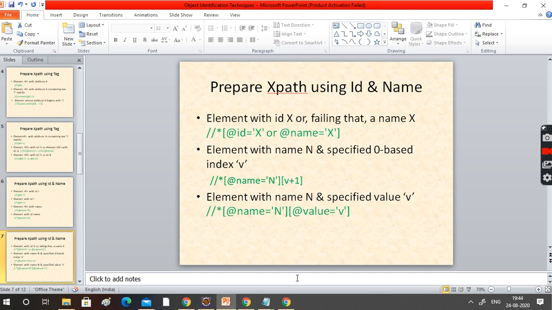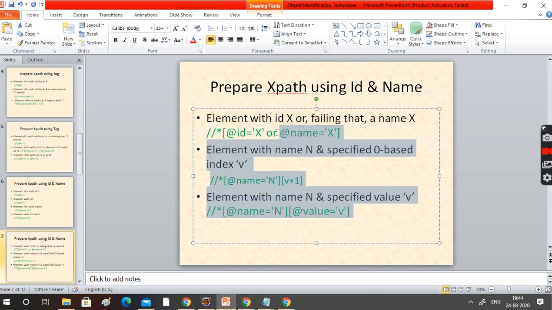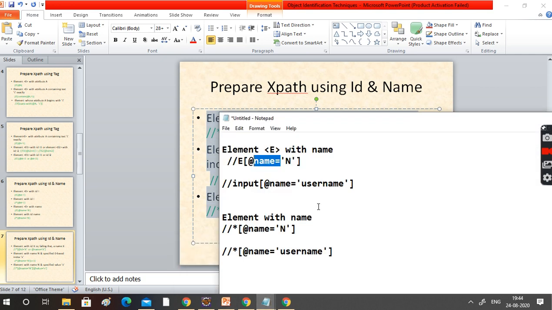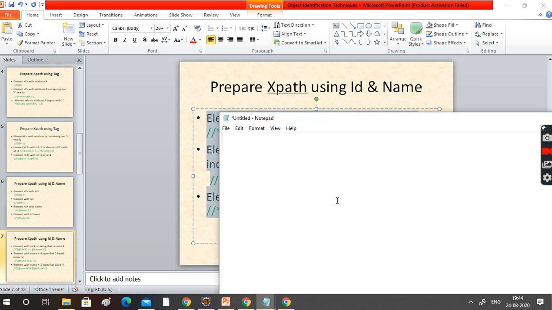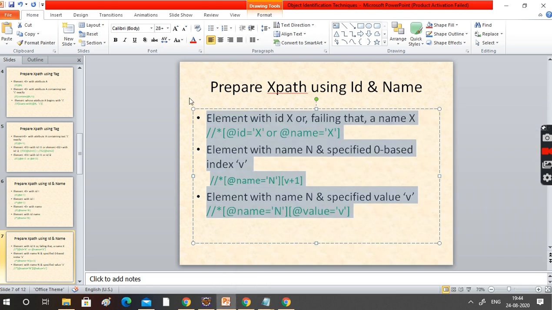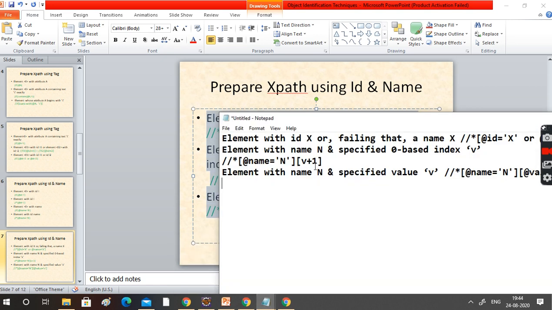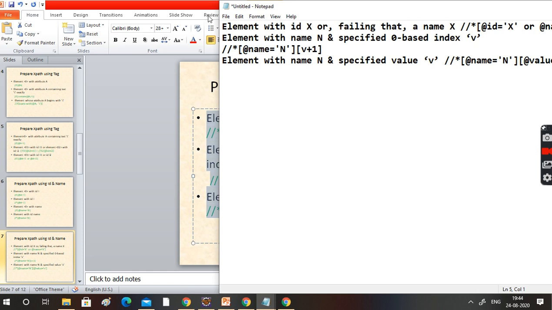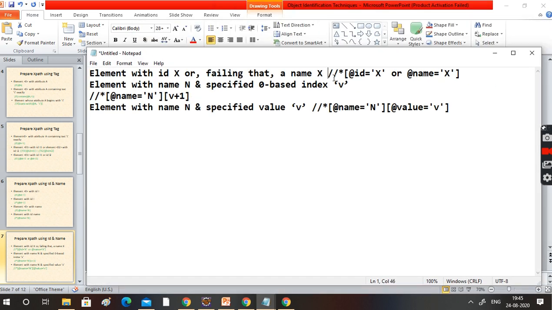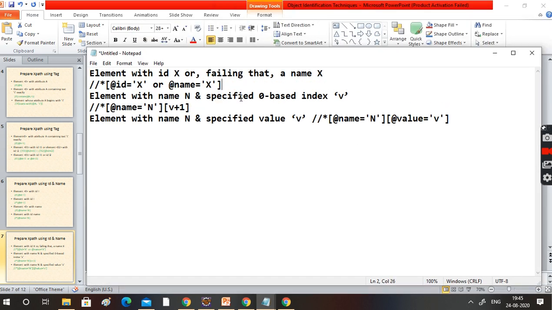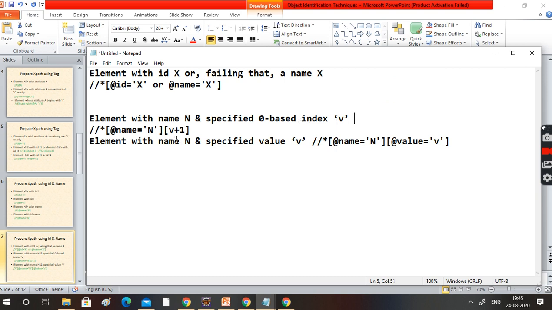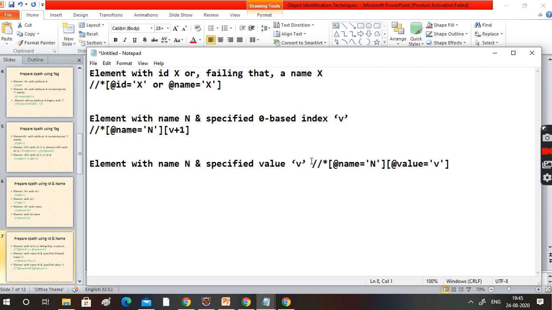Okay, here we have three techniques. Let's go and identify this. What is the third technique?